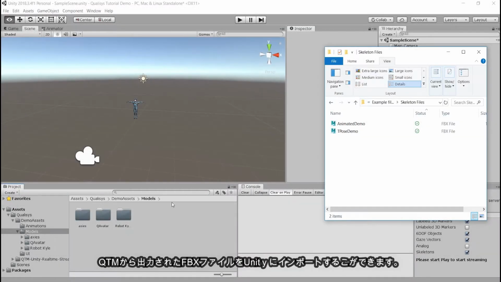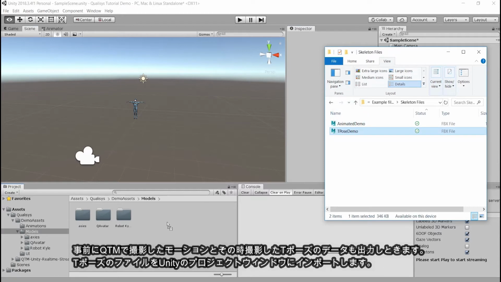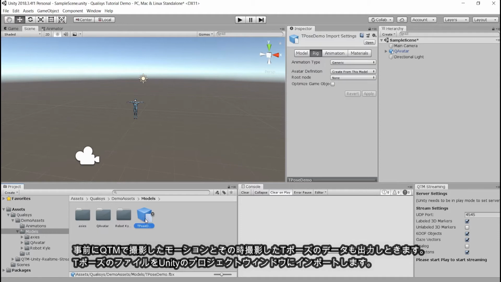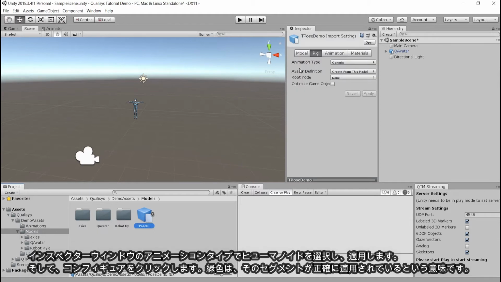The user has the ability to import a skeleton or FBX file that has been exported from QTM. Export a static T-pose skeleton file from the same calibrated skeleton. Import the T-pose skeleton, select the file in the project window, and refer to the inspector window to configure the